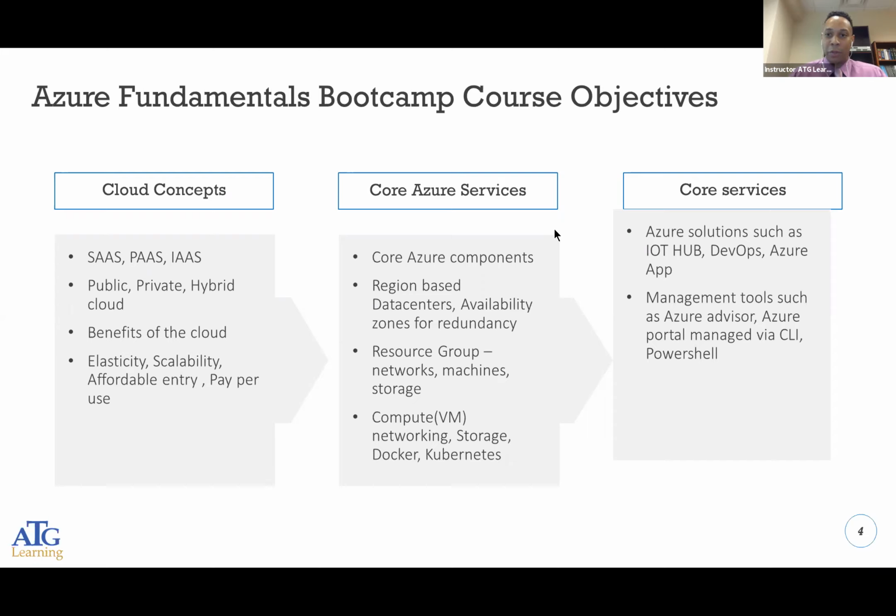DevOps and Azure Apps are some other solutions or services offered within Azure Cloud. We'll also talk about some of those and other management tools such as Azure Advisor, which is a tool that's going to send you recommendations, notifications, and alerts. Hey, we recommend that you increase your hard drive space. You're getting ready to run out of space on this particular server. You read the recommendation. Hey, your network is being taxed. We recommend that you increase your data cap. So Azure Advisor is going to give you all these recommendations to proactively make sure you're on top of things in your organization and you see the problems before they actually become issues or incidents.